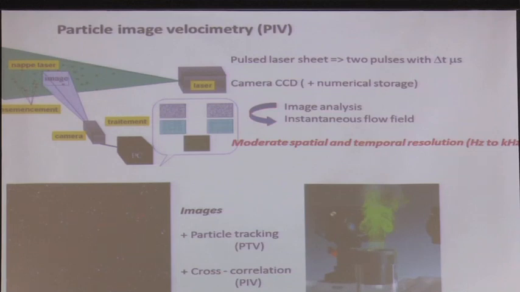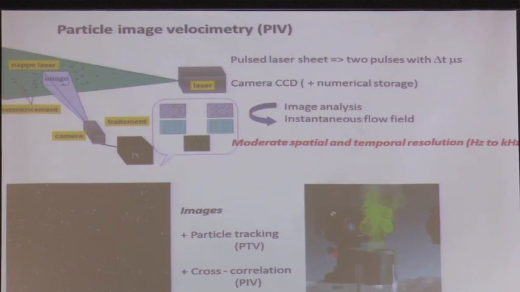Okay? But you prefer to take the very small particles, and also you are going to try to match the density. Because even if you take small particles, they are going to settle under gravity. So let's say if you have air and you take particles of metals, even if they are small, they are going to settle. So you are going to measure the velocity of the particle, and then you have a component which is along the gravity, but in your flow you don't have any component along the gravity. Gravity has nothing to do with the flow. So you are going to bias your experiment.